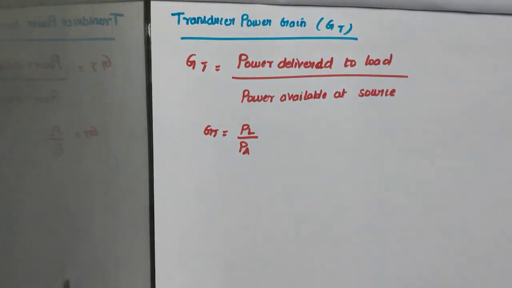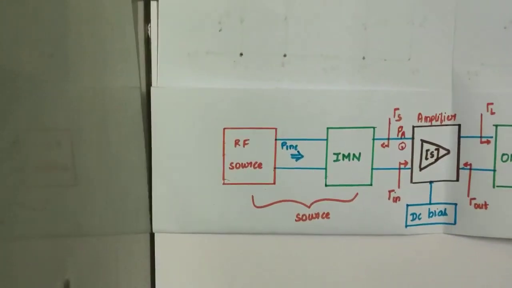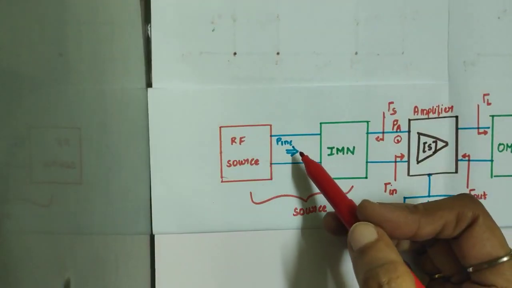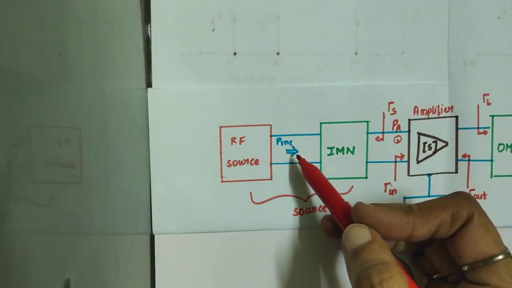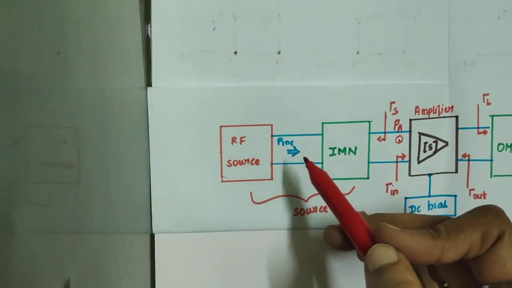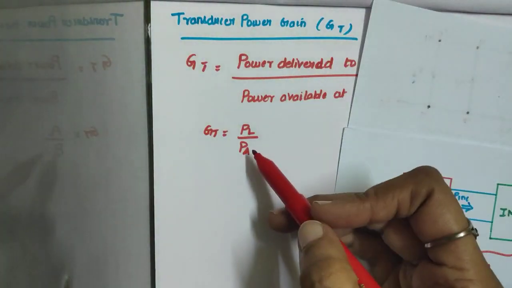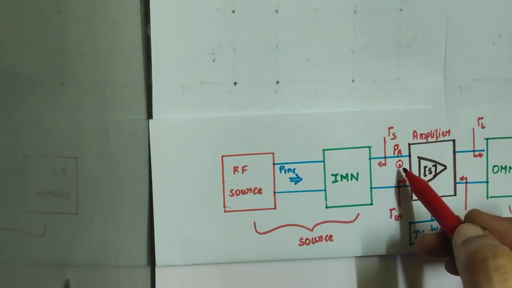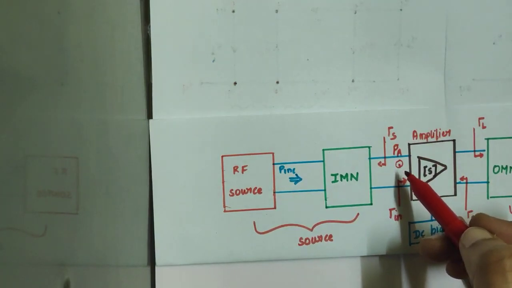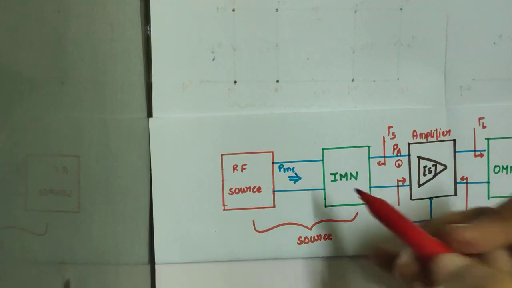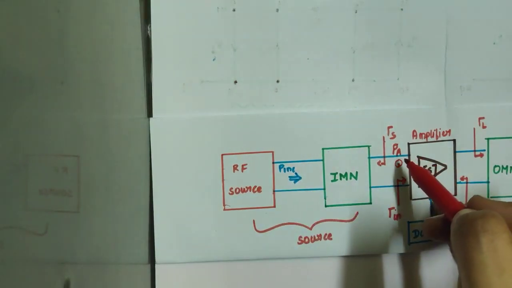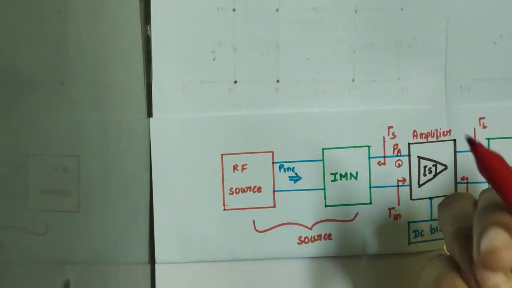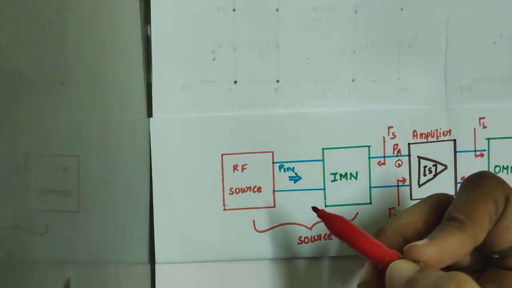If you see at the source side, we have drawn the general block diagram already. So let us refer to the block diagram once again. Here, we have already named a term called incident power. Incident power is the power that is available from the RF source. But what do we mean by this term available power? The power that is available at the input of the amplifier, that is what we call the available power. And we cannot always guarantee that the incident power will be equal to the available power because of a lot of factors present in between that cause attenuation.